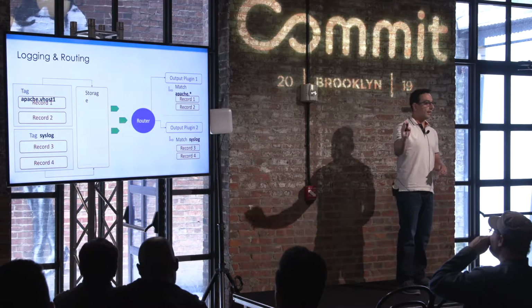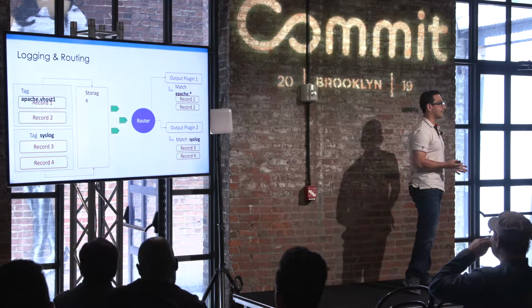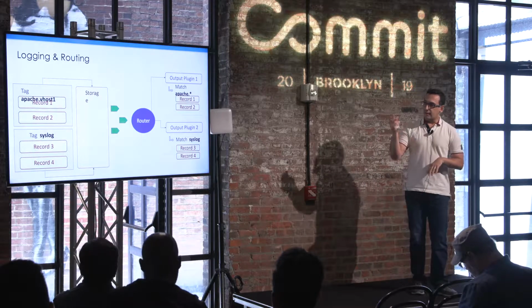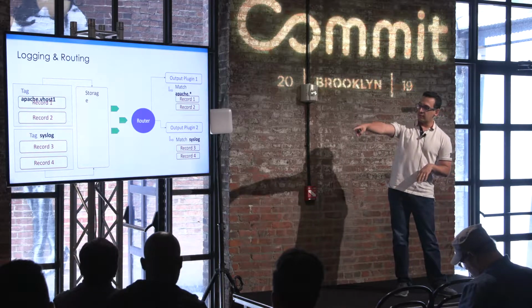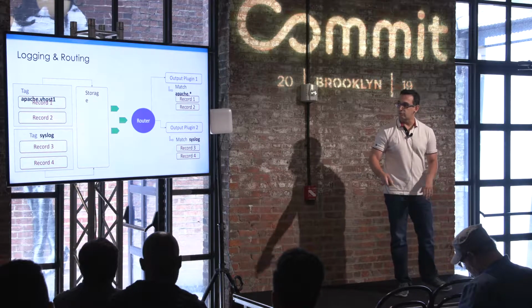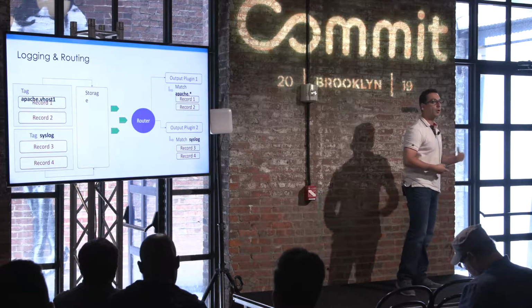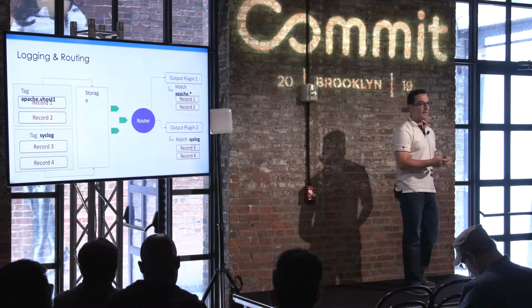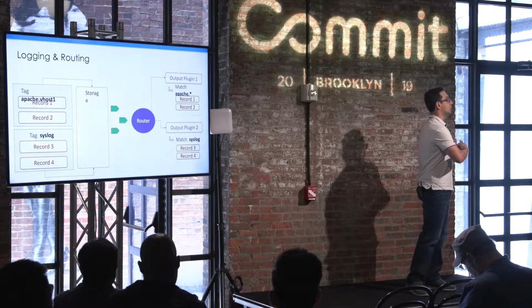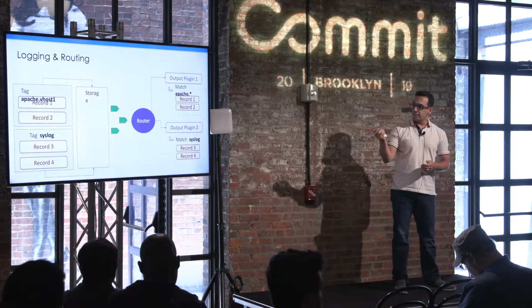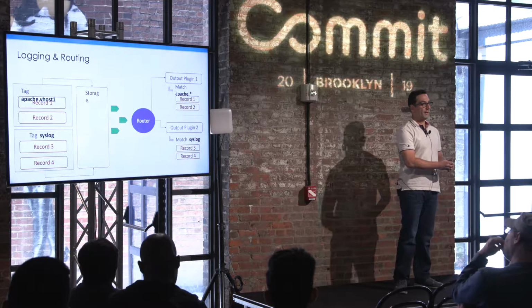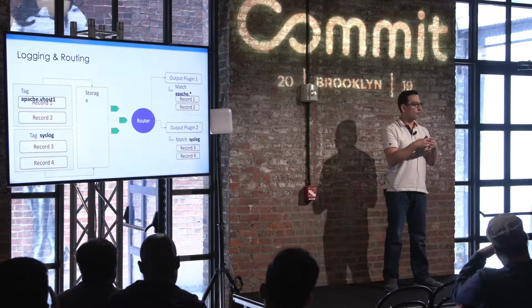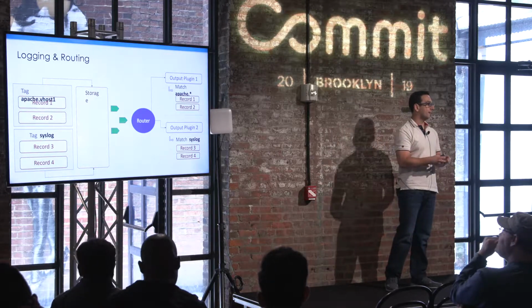Every time we get any records, the records are grouped by tags, because maybe you have data coming from Apache, data coming from syslog, then these go inside the main storage engine, and then they are routed to different output connectors. What is an output connector? Elasticsearch, InfluxDB, Amazon S3, or any kind of endpoint that you would like to send your data to. And why is this important? Because if you have many different sources of data and many output destinations, you need to correlate this information in a unified format, and that is MessagePack.